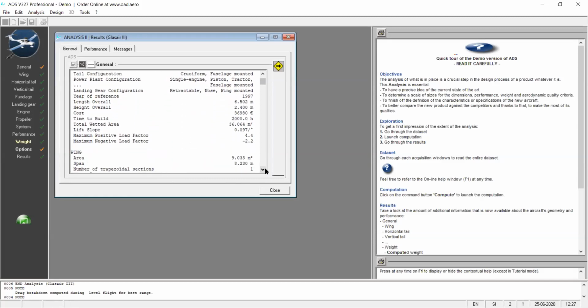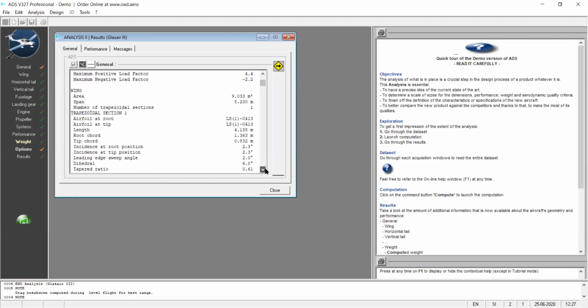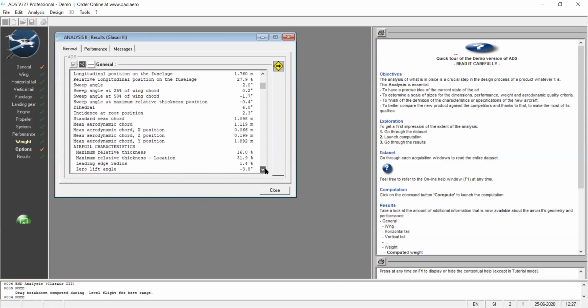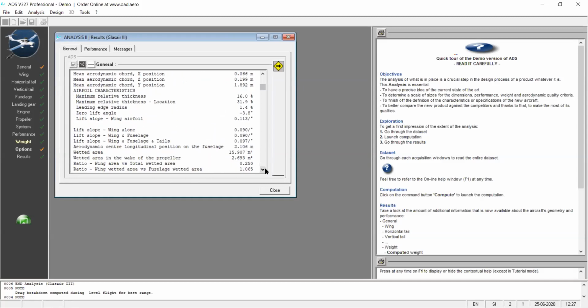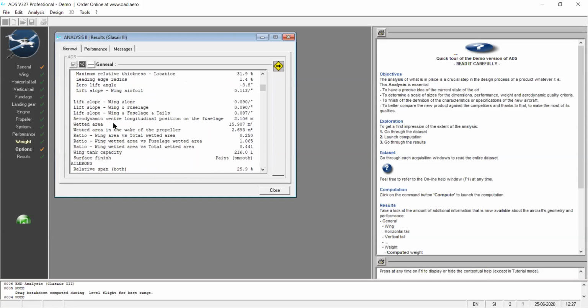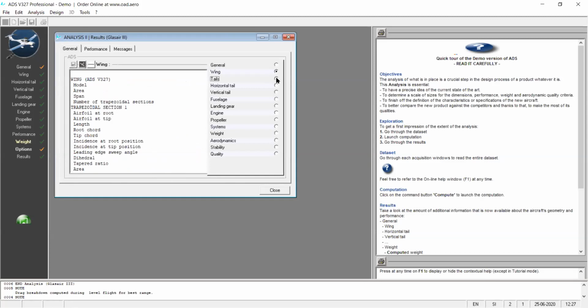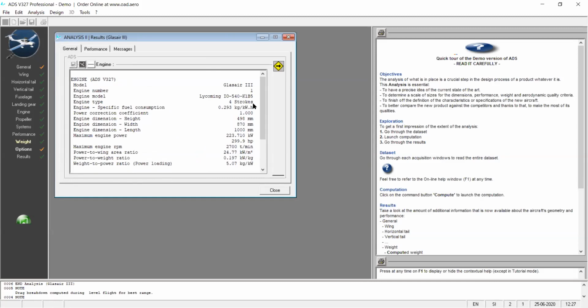So these are all things we are calculating. We will calculate manually by design. After that, with a tool, we are understanding. See here, where the position is. These are all things we are going to calculate here. Say lift slope and wetted area, ailerons, and we'll discuss about it. And also wing and tail, the horizontal tail. Understood? So the landing gear, propeller, engine. The engine also, how many engines do we have? It is a 4-stroke engine. Understood? I will discuss in detail about this software, just to understand how we are going to do it.